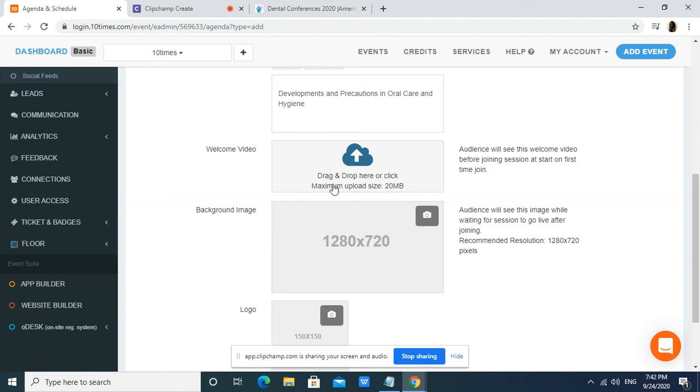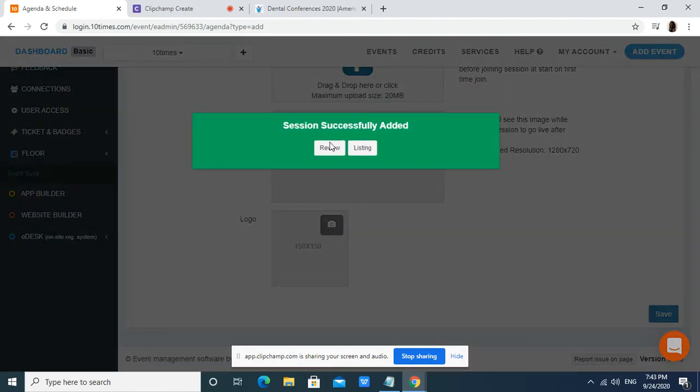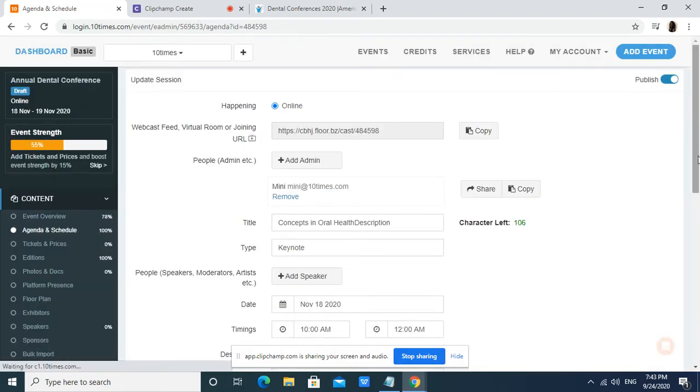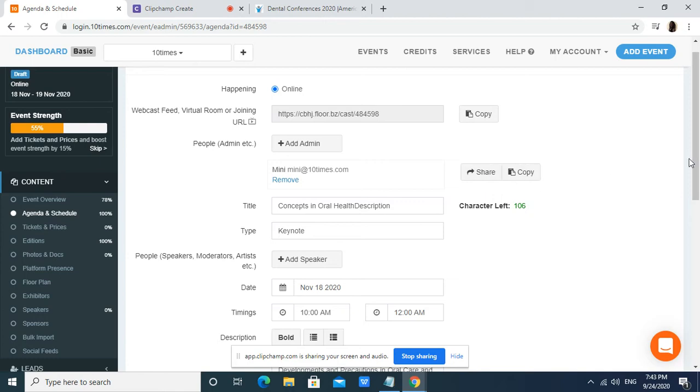In case your online event is being hosted on Floor, you can always add your welcome video from here and the background image from here, and then click on save. You will see that instantly the links for the admin would be created.